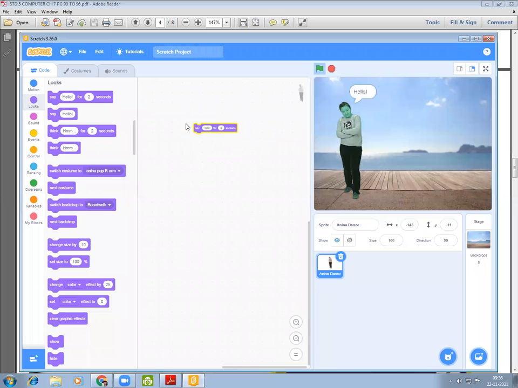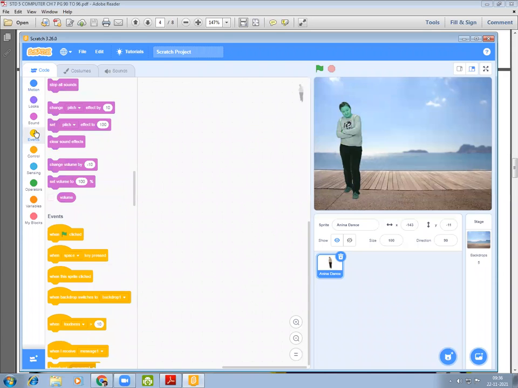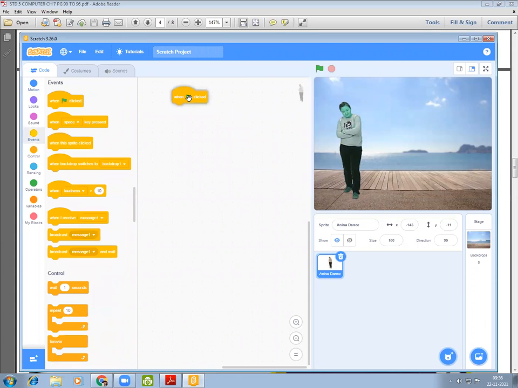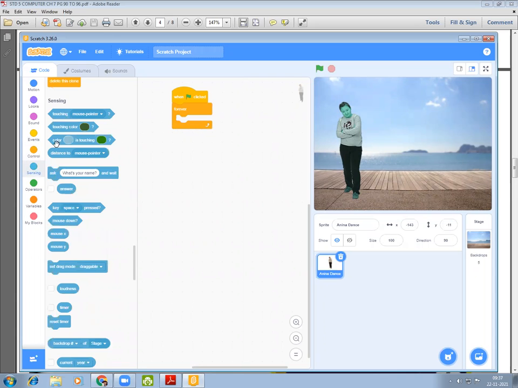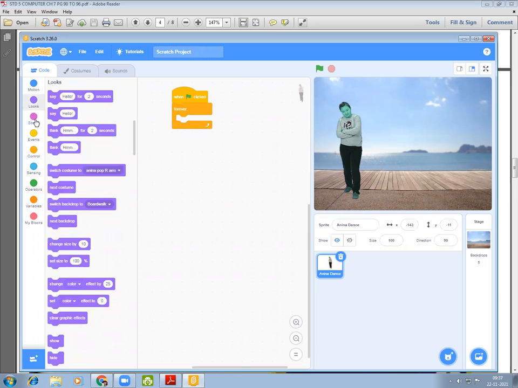So when green flag is clicked, events, when green flag is clicked, control, we have to drag forever, change color effect by 5, and wait for 1 second.